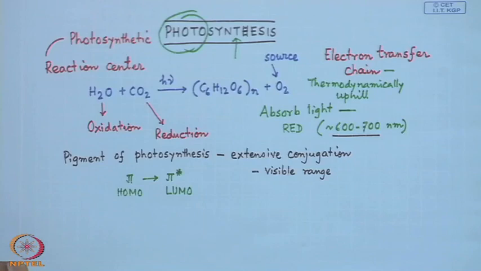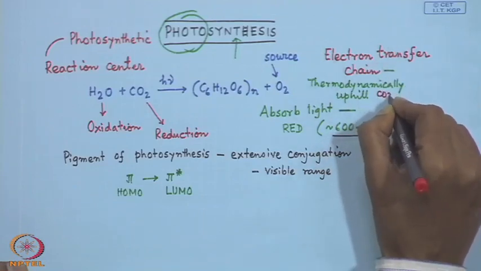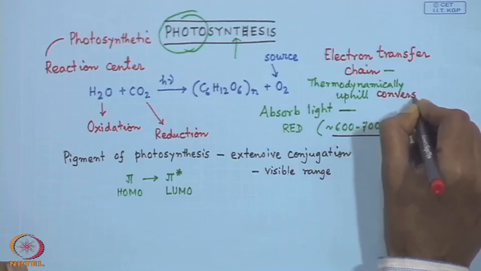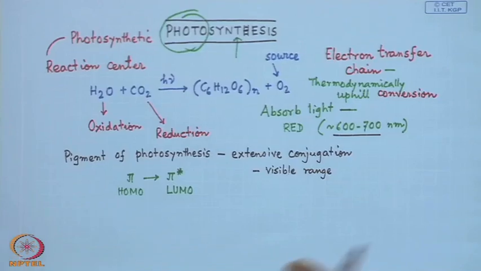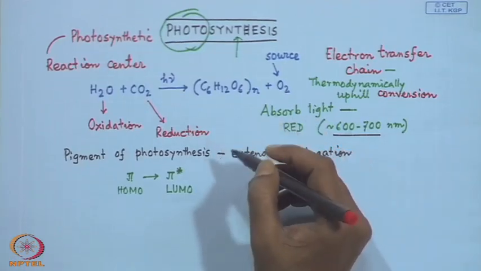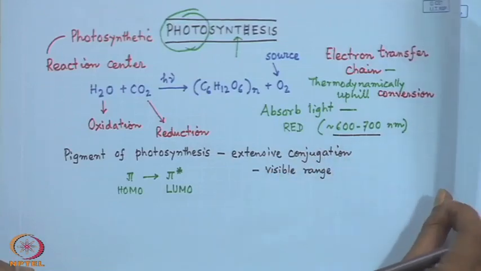How do we go for that conversion? In this class we will see how you can move an electron from one particular site to the other site, and for that reason we have the reaction center,